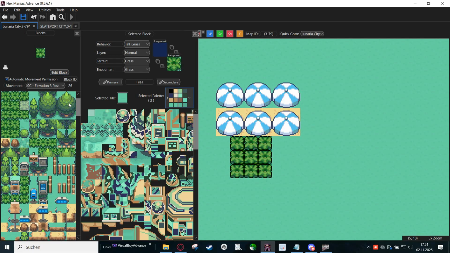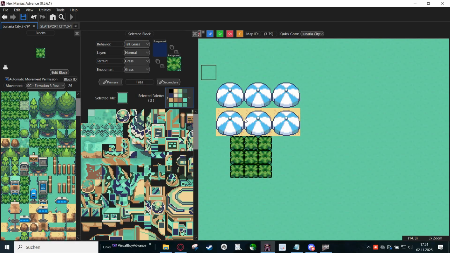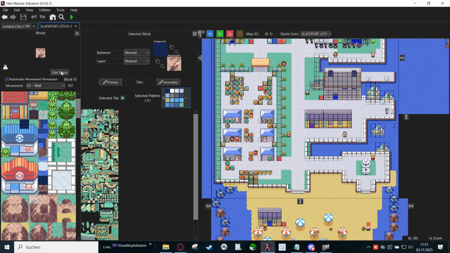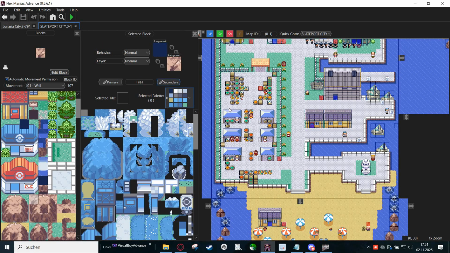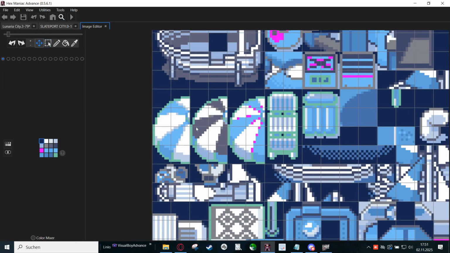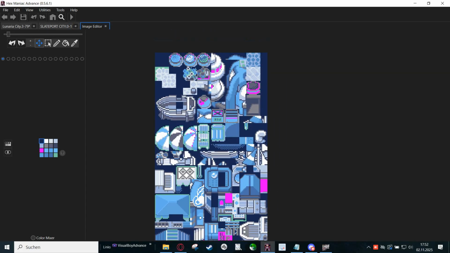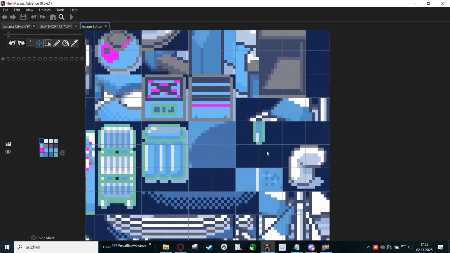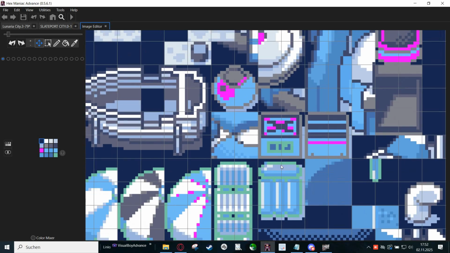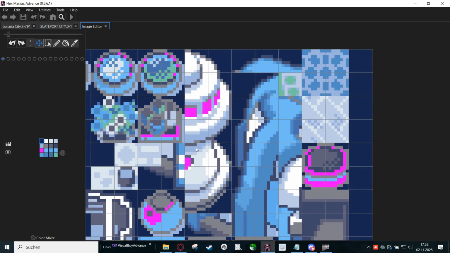And then there is one final thing I would like to show you, and it's about tile efficiency. We kind of spoke about it already when it comes to the parasol, but if you check out Emerald again, you'll see this a lot in Emerald's tile sets. The parasol is only halfway created, right? As you can see in Emerald, the tile sheet is pretty full, and there's almost no space left. Only here and here are a few tiles left which you can use. Even the lighthouse of Slateport is